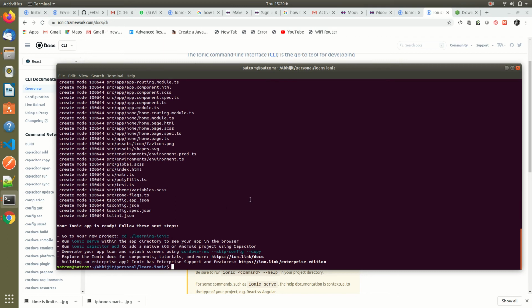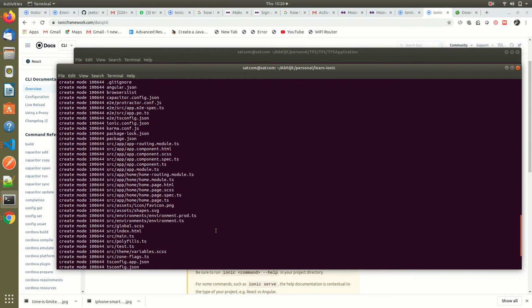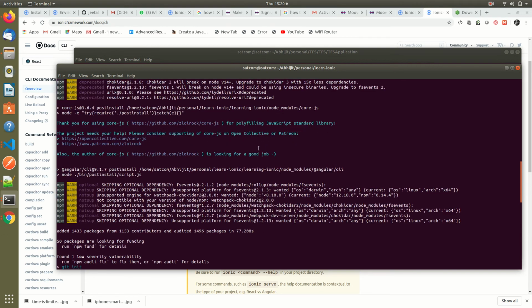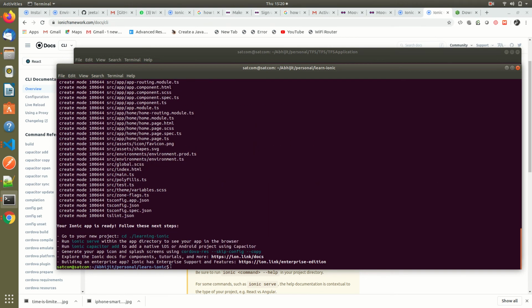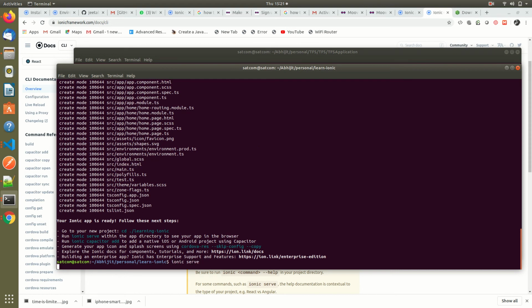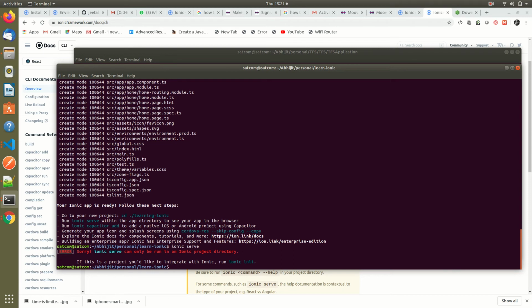Okay, so my application is running and this part is complete. Now to run the application, we need to do ionic serve. Sorry, I have another project running, so let me fix that. I will come back. Here it is showing that it is only a project directory.